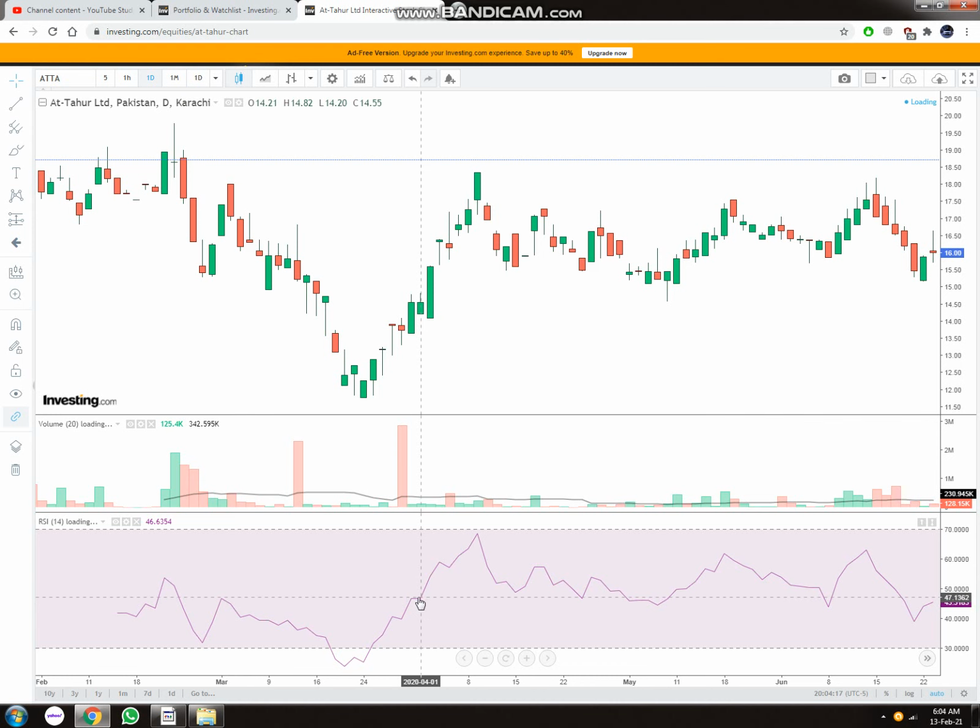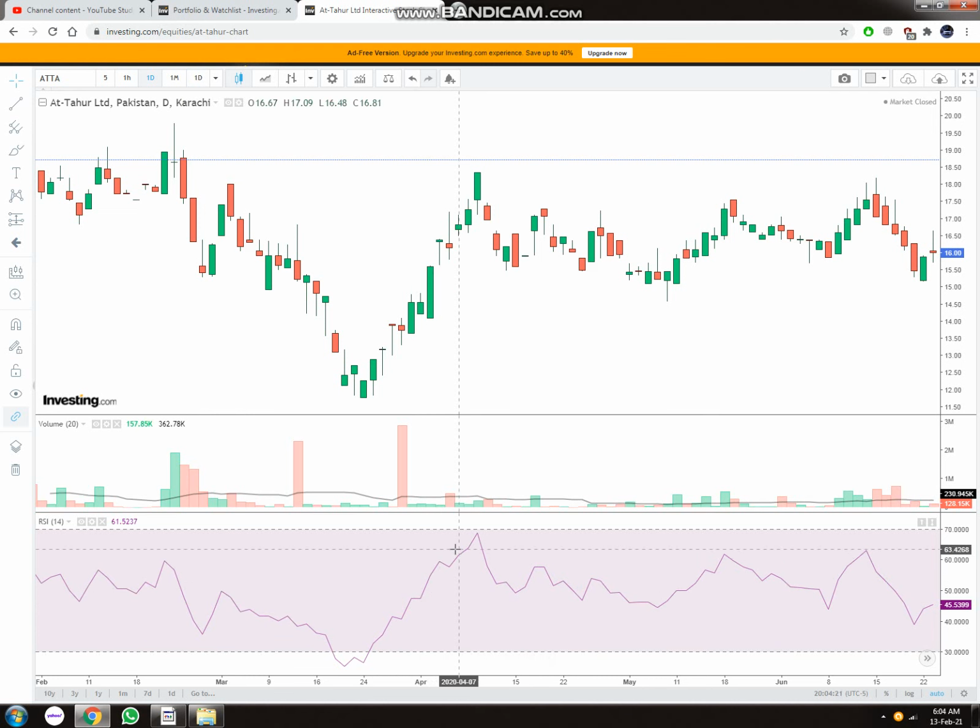It's still at this level, you can see that. But after that it moved upward, and again at this area there was slight bearishness, but the market overall moved in the upward direction. If you bought the shares at these levels, it's a great position that you have taken, because you're going to make this much profit.